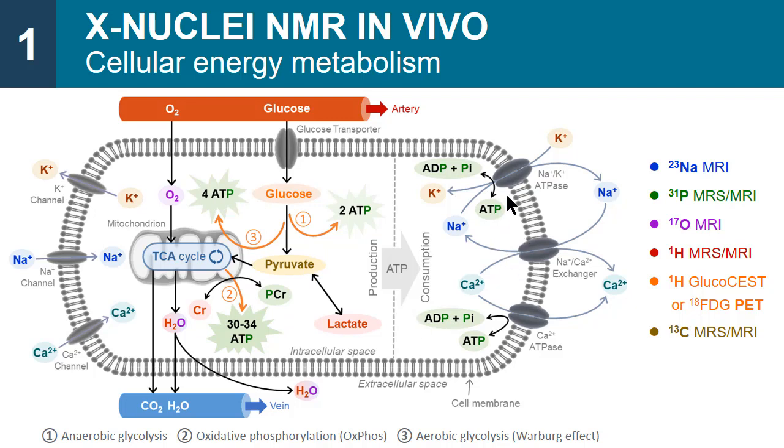And you see here the ATP is going to be used by the sodium-potassium pump or the calcium pump to pump out the excess of sodium or calcium to maintain a constant gradient between the intra and extracellular compartments. So with all this information, if you have a loss of ATP or less production of ATP in the cells, you're going to see an increase of sodium inside the cells, for example, that you can detect with sodium MRI. Or you can detect the change in phosphocreatine or ATP or Pi, inorganic phosphate, or ADP with phosphorus imaging. And you have a lot of information that we cannot get with proton imaging, but maybe with X nuclei.